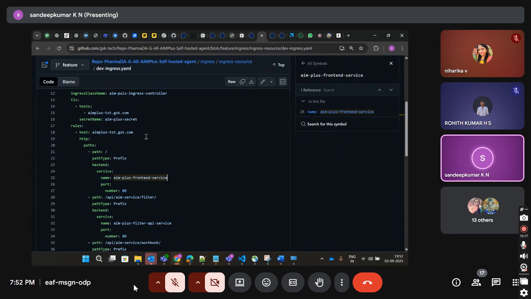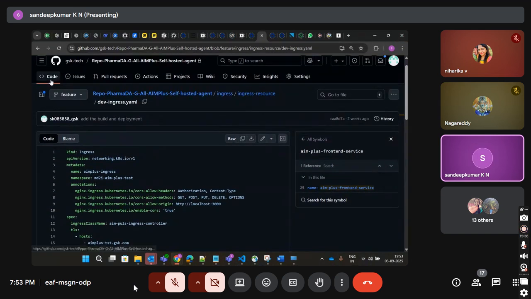So again, something happens, or some bugs or some vulnerabilities happen. So immediately I want to roll back. You can add it in the pipeline itself, we are not going to do it manually. We are going to do it through CI/CD only. So same file, if I go here,